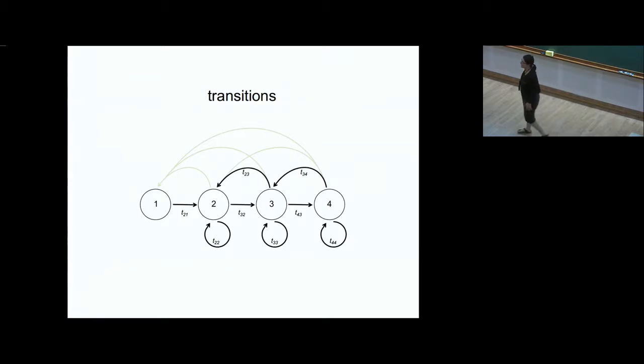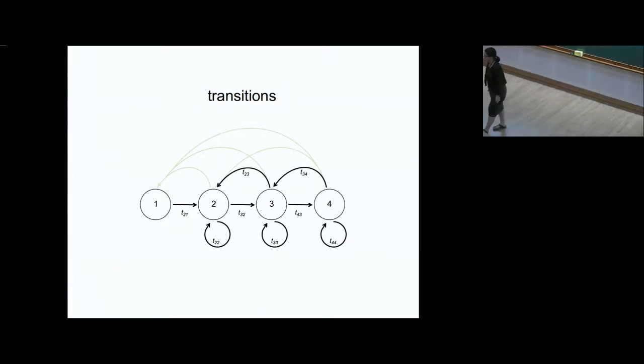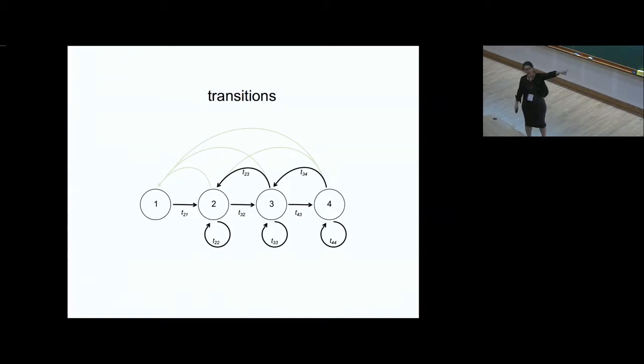Yes? Yeah, usually herbivory and things like that. You make it smaller, if it's size. I'll give an example where that doesn't happen, but this is the most general case where it's possible. So if this is size, you can move back. If it's a developmental stage, these would be 0. Yeah, that's a good point.